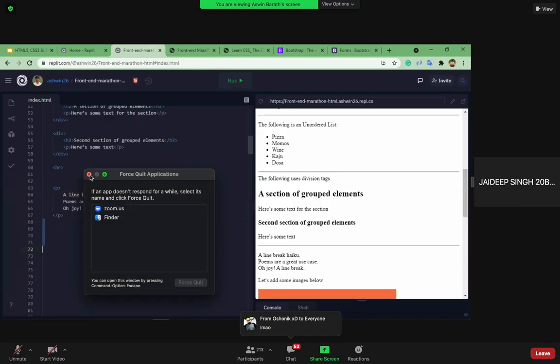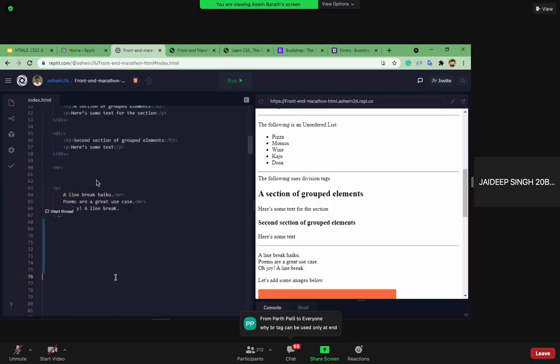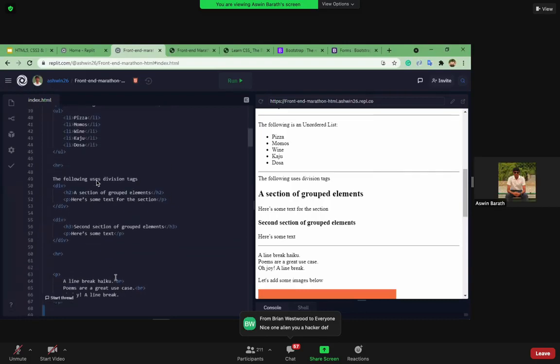So now, moving on, can you once again please explain the division tag? Okay, sure. Whenever you want to wrap multiple elements, you are clear with this concept, right? Whatever tags that you start and end, we call it an element. So this is an H2 element, a heading 2 element, and this is a paragraph element, right?